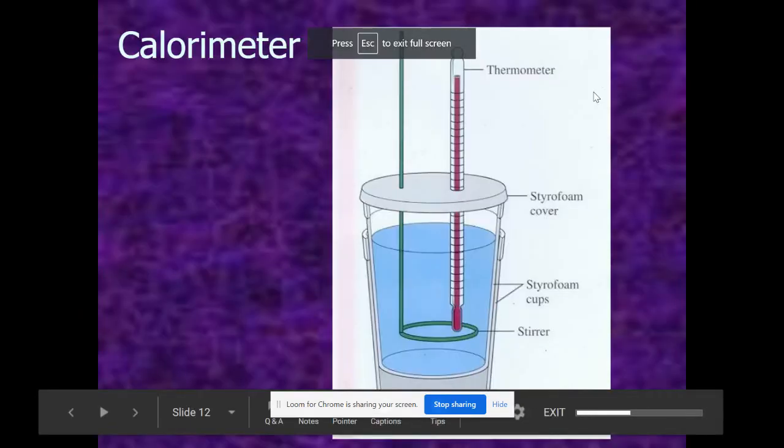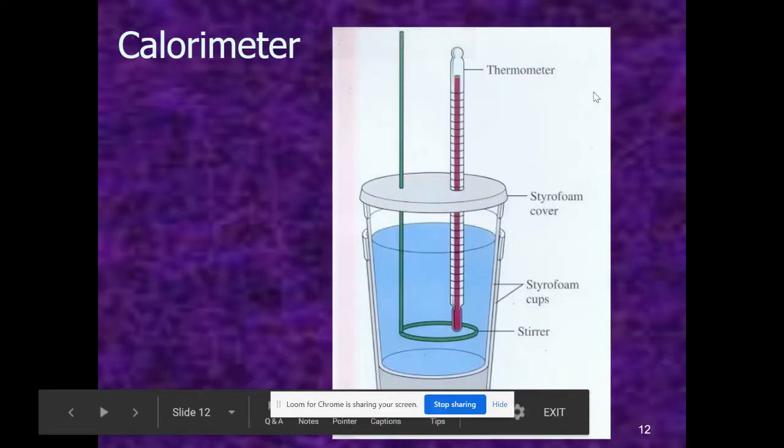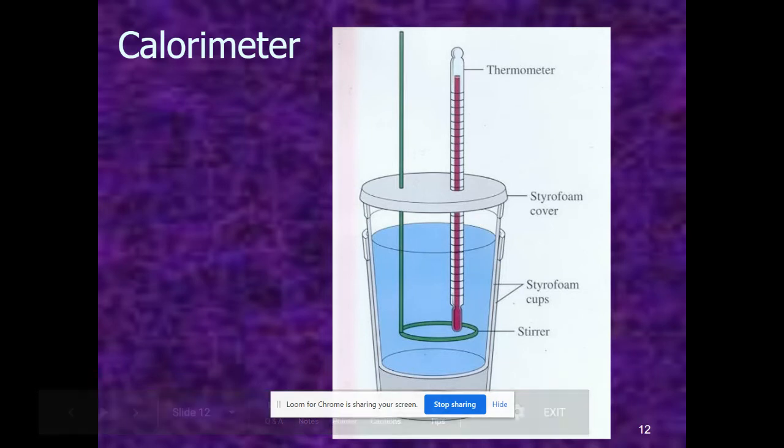Calorimetry video number 2. What we're going to do in this video is talk about how we can actually measure Q, or the energy change that's involved in a physical or chemical process. In order for us to measure this in a lab, we have to make use